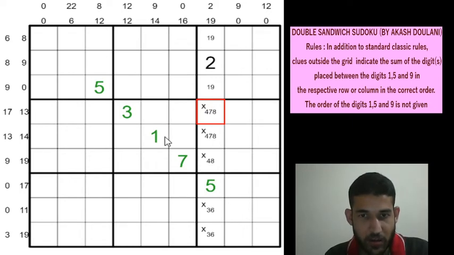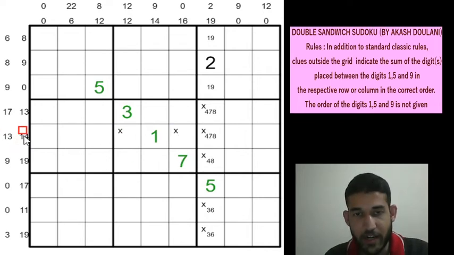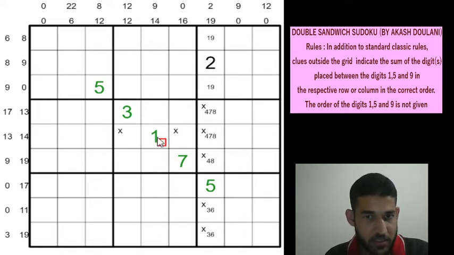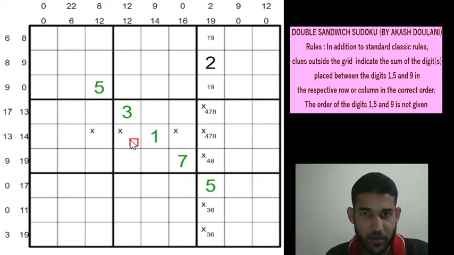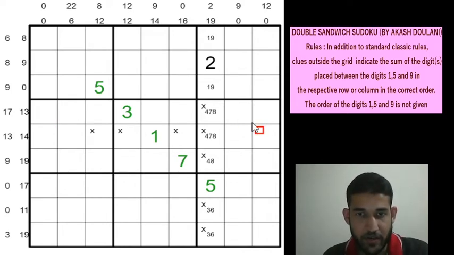Okay, we'll use the X logic along row 5 now. We cannot have a 5 or a 9 here, because there is no 0 clue given outside row 5. So there is no 5, 9 here, no 5, 9 here. And both 13 and 14 will require at least 2 digits. So since 1 is one of the main digits, by main digits I mean it is either 1, 5 or 9. So we cannot have a 5 or a 9 here, because then we would have to satisfy the 13 or 14 total with one cell, which is not possible. So we have a 5 or a 9 in these 2 cells and a 5 or a 9 in these 2 cells. We just don't know yet where.